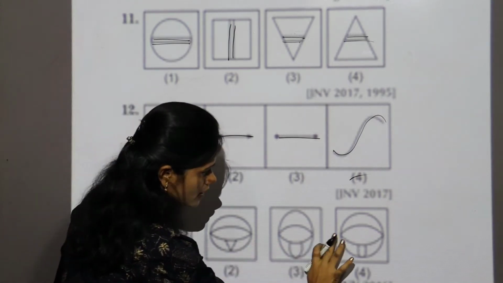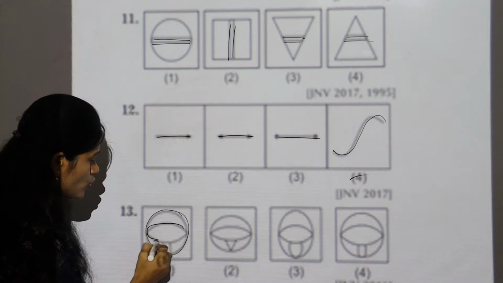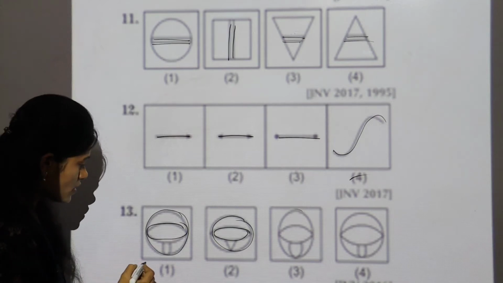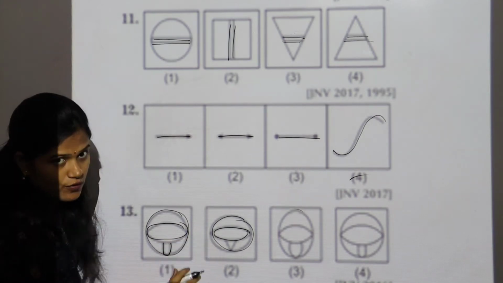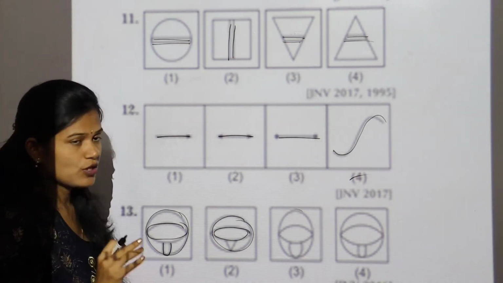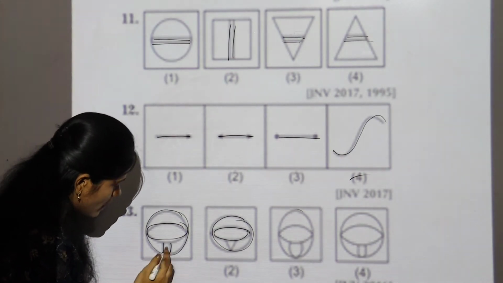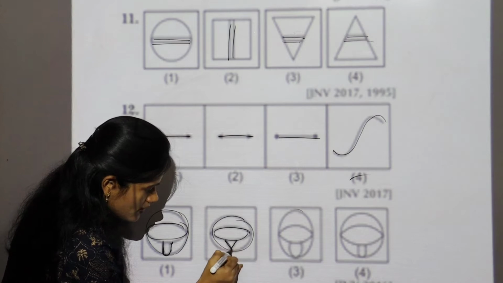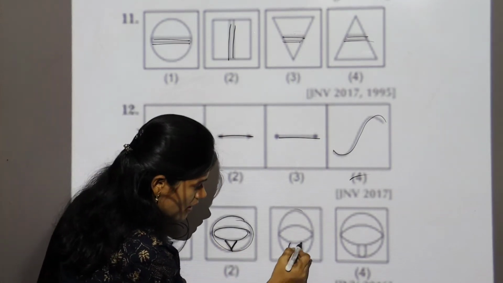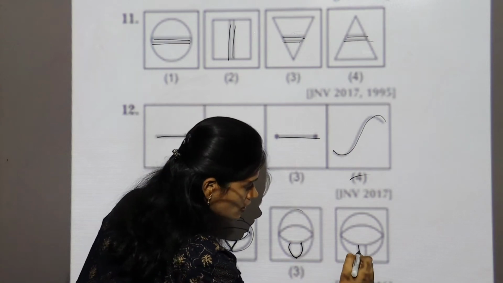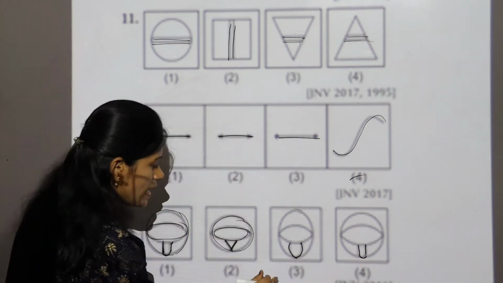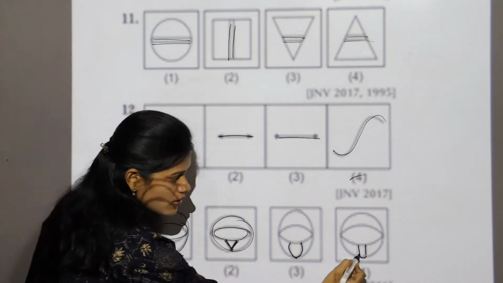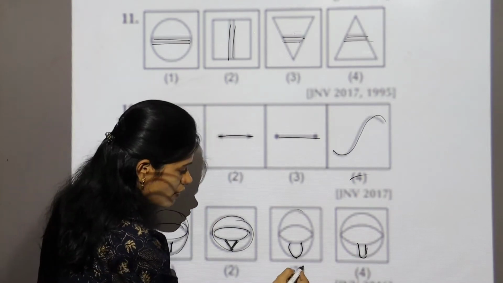Let's take 13th question. First you observe all the figures carefully. All the boxes have 2 oval shaped designs. See here, this is the design. In this case you just see the below part carefully. Actually, odd man out is a keen observation part. Here you see the below part which has 2 straight lines and a little curve. In the second box, 2 straight lines here. In the third box there is no straight line, only a curved shape here. In the fourth box these 2 straight lines with a little curve, which means except the third, the remaining boxes have 2 straight lines. See here, first box, second box, this fourth box. So our answer is the third one.